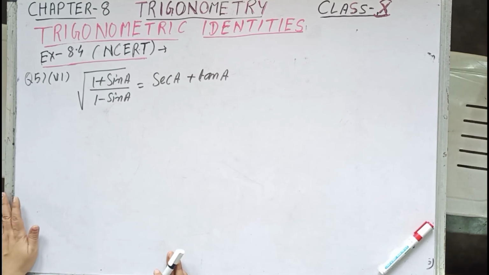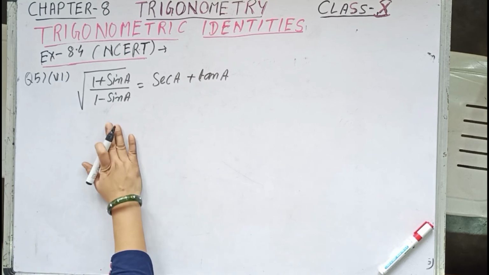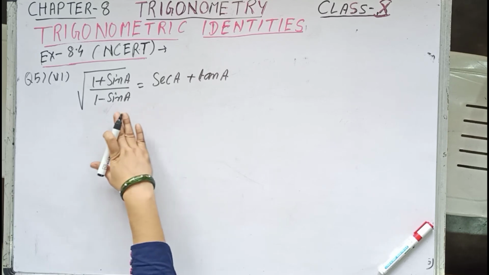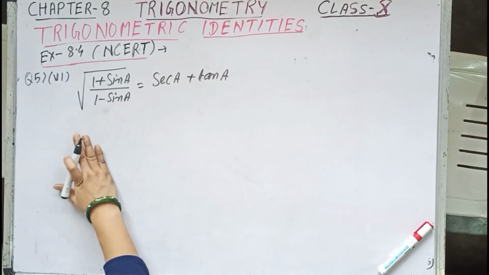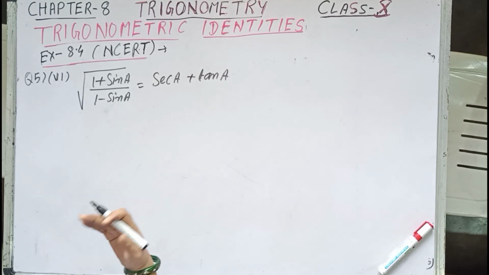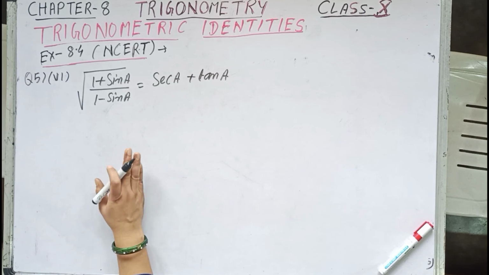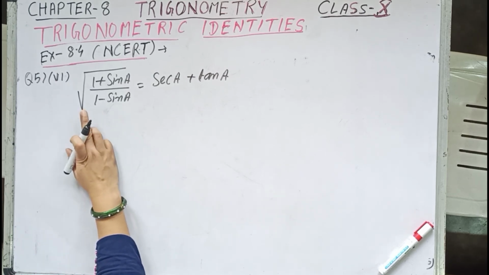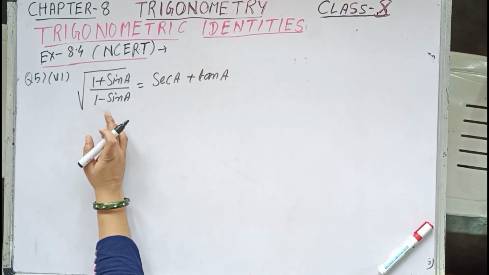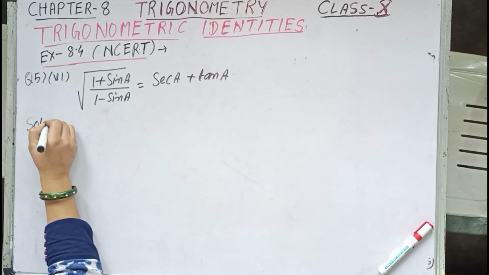Now, subpart number 6 of question number 5, exercise 8.4, we have to solve this. That is, LHS we have to equate to RHS. I mean, by solving LHS we have to get RHS, or by solving RHS we have to get LHS, or by solving both into the simplest form we can equate both, so that way they are equal and hence the identity is proved. So let us start over here. Now in this question root is there. So whenever you get a root, children, you try to rationalize it. So I am starting the solution over here.